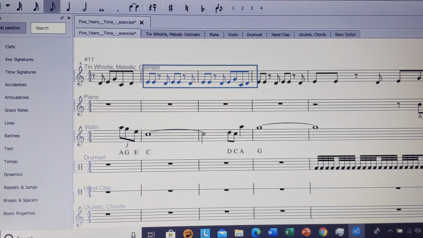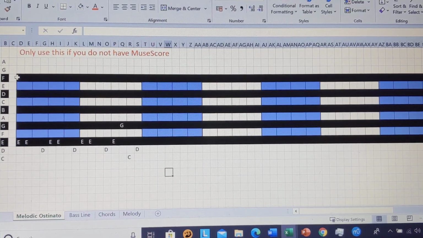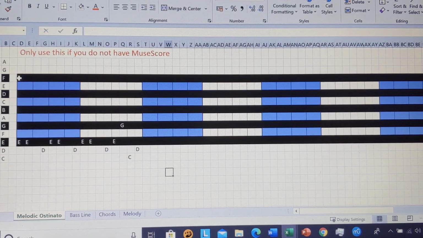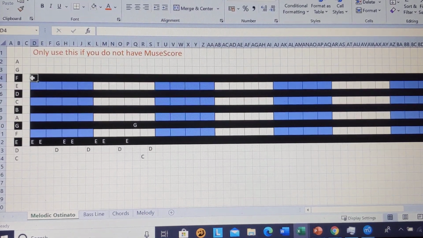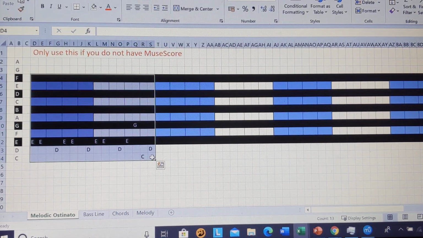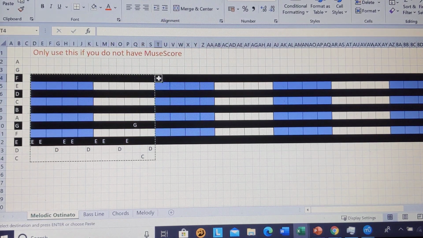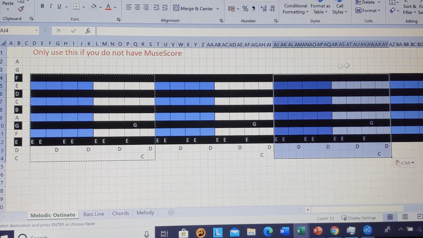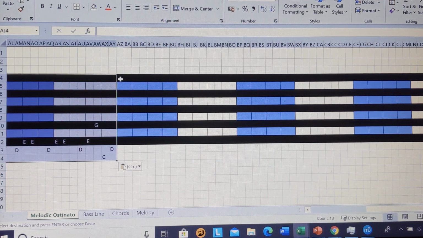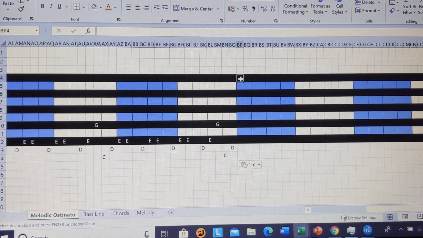Pause and go and do that, or else watch what I'm going to do with Excel. Right, here as well, click the top left there, hold down Shift, click on the bottom there, and then just do Control C for copy, paste there 5 times. 1, 2, move it along, 3, 4,